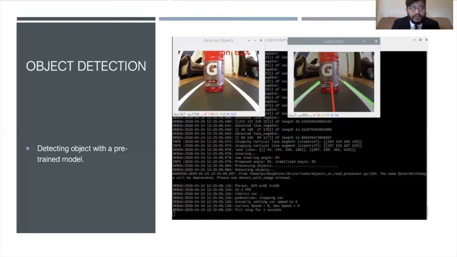Raspberry Pi in itself is not highly efficient and not capable of computing so much data for object detection, but the frame rate I got was 32 frames per second, which is good enough for real-time computing. It is good enough to detect objects in time, compute the coordinates of the object, and then send them over to the controllers of the car to stop in time.